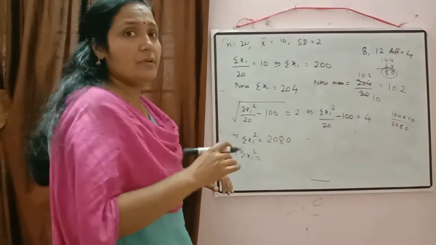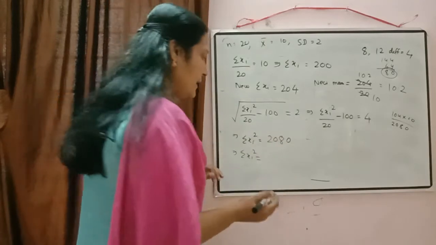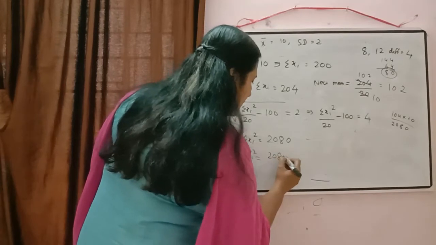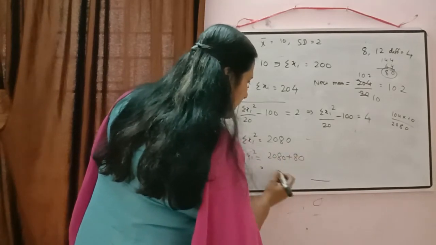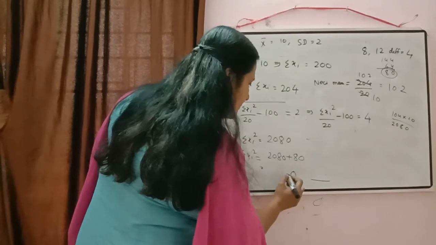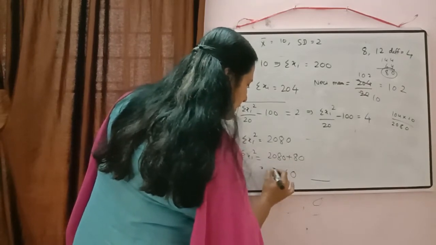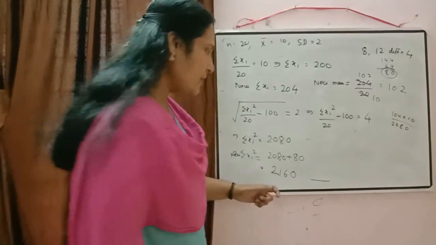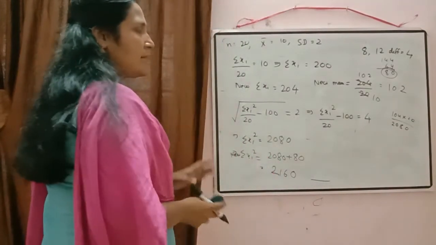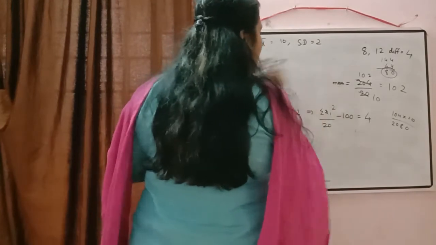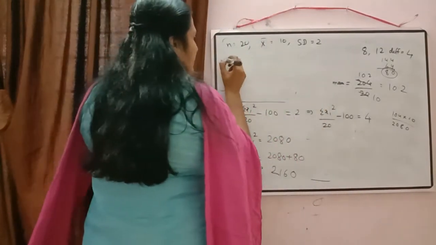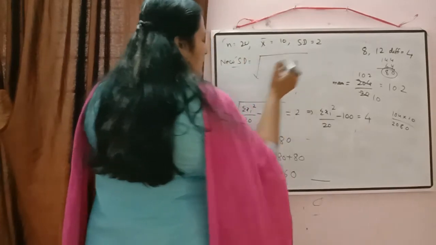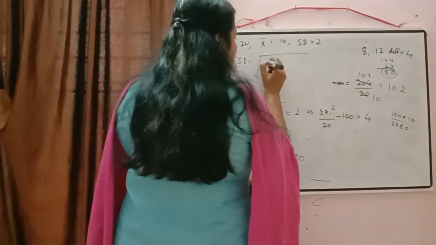So what do I have to do? Yes, I have to add that 80. So the new value of sigma xi square will be equal to 2080 plus 80, which will be equal to 2160. That is our new value of sigma xi square. Now we can check what will be our new standard deviation. So just to write down, the new standard deviation is equal to the square root of the new sigma xi square we got here,